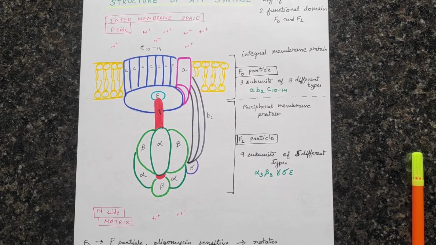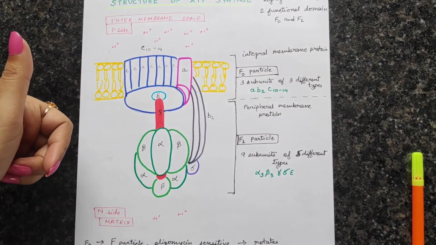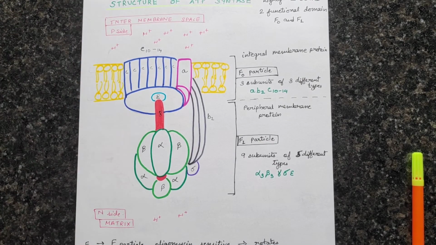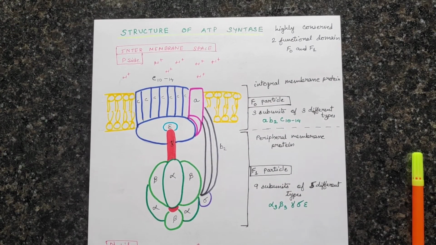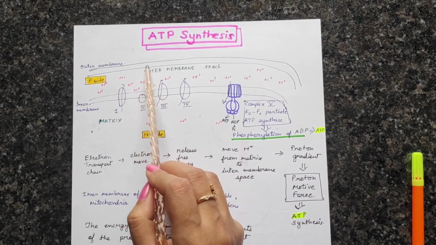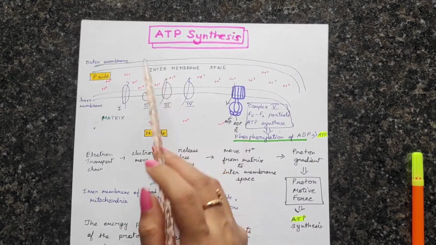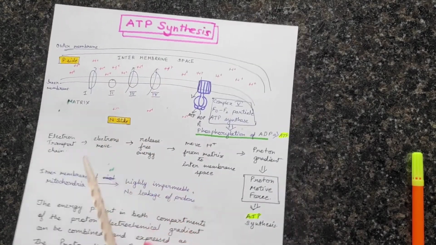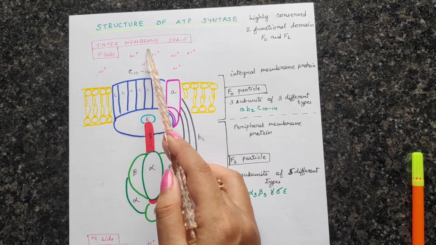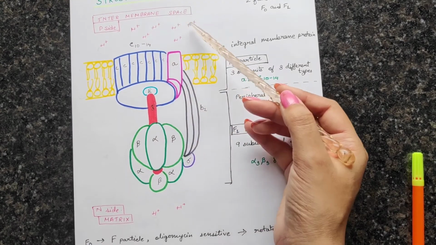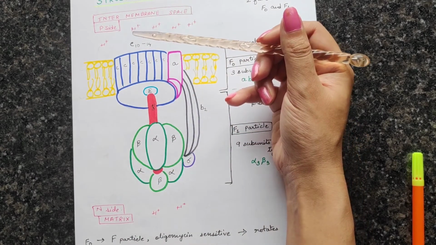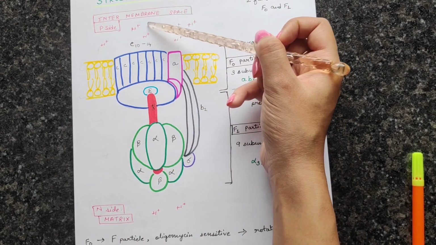In most of the books you will find that this picture is inverted. I have drawn it this way because first we were reading this in this particular pattern, where the outer membrane was drawn on the upper side. So I have maintained this. Therefore I have made the intermembrane space toward the upward side. But in most of the books you will find that they have shown the matrix side upward and the intermembrane space on the lower side.